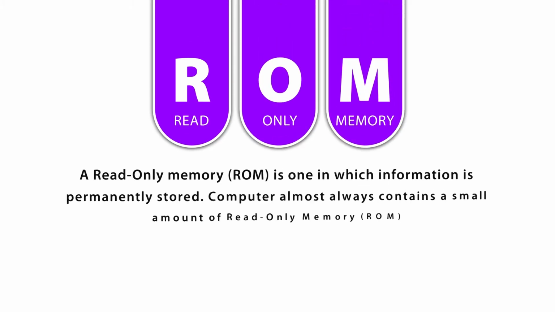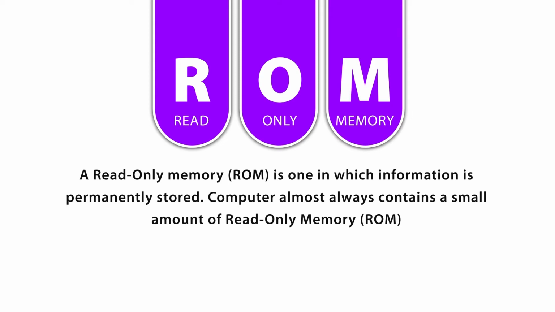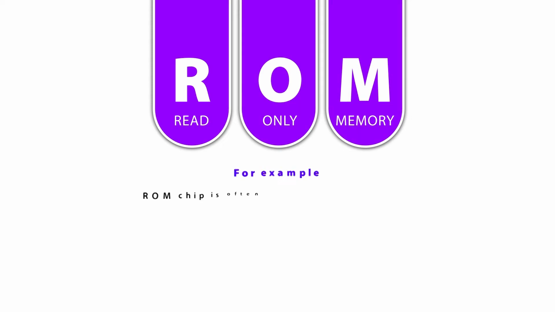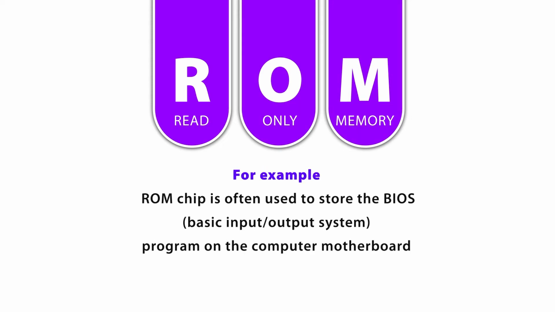And as I mentioned, ROM is used for storing information permanently, and special instructions like the booting process activity of the computer system are stored in ROM. ROM also stores one more very important thing, known as the BIOS, the Basic Input Output System program, which is used for the booting process, or getting your system ready.